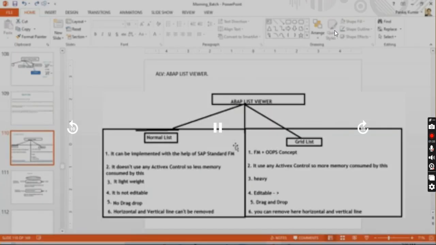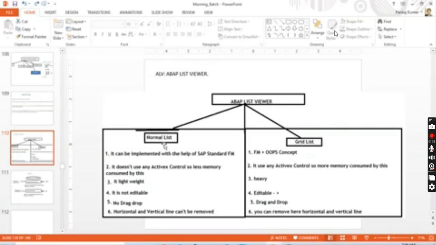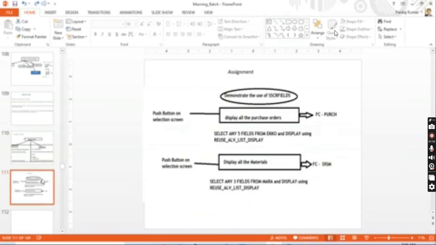Okay, so in our last class we have seen the differences between normal ALV list and ALV grid. We understood what is the difference. Then we have seen how we can affect the flow of a program with the help of a screen field structure by passing the ONLI function code, right? So we have seen, and with the help of that particular function code, we were able to achieve our requirement